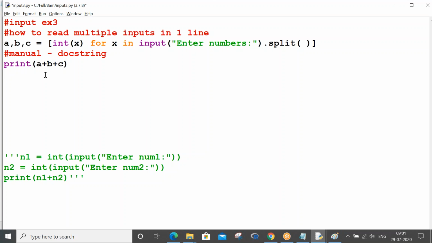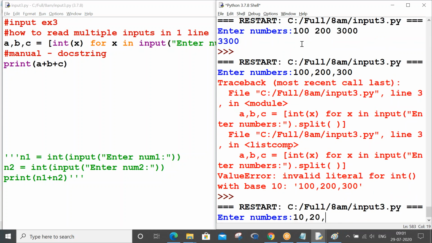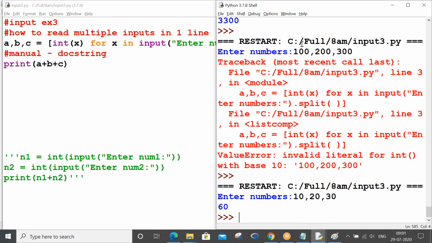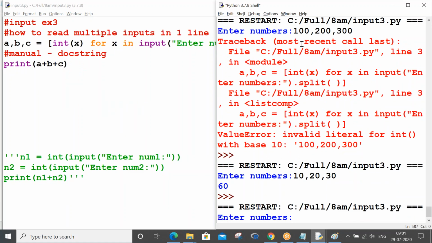Okay, fine. If you want to give a comma, you can give that. Control S, F5. 10 comma 20 comma 30, you can see. If you want to use an at-the-rate symbol, Control S, F5: 10, 100 at the rate 2000 at the rate some big number.